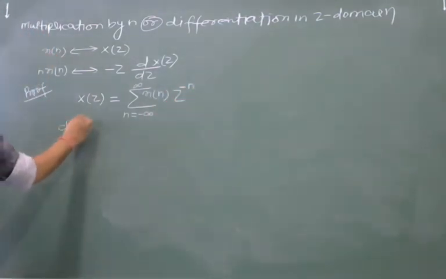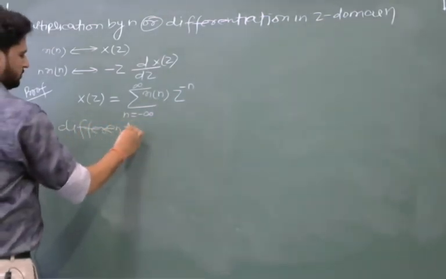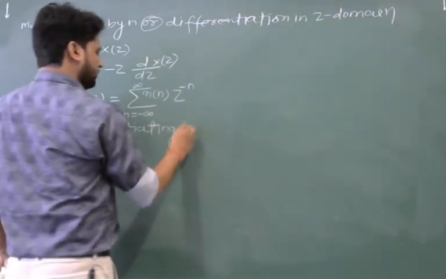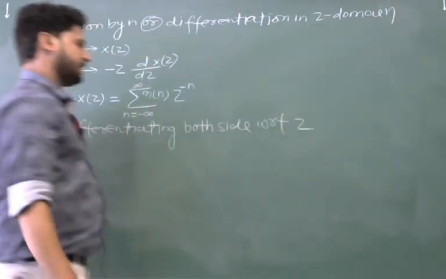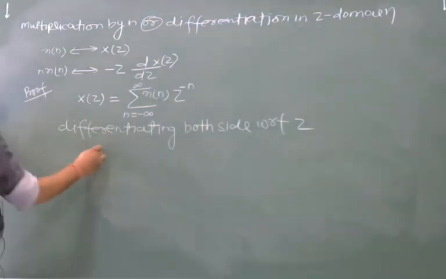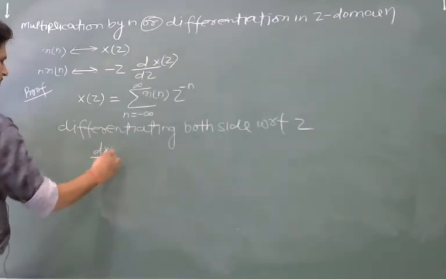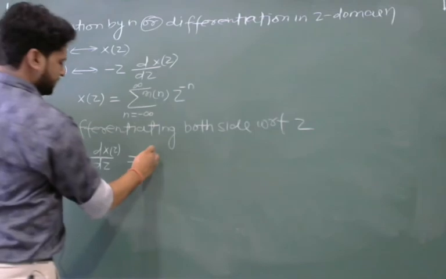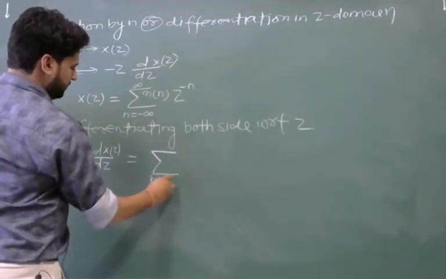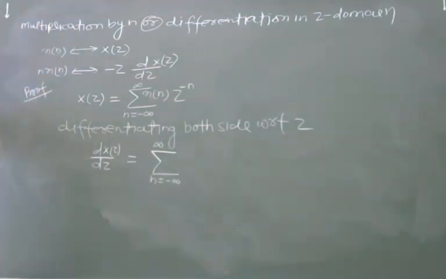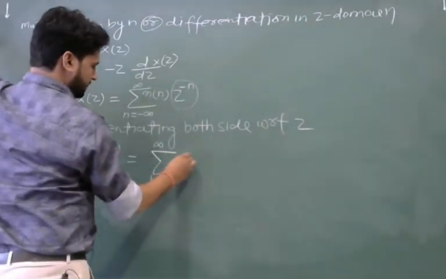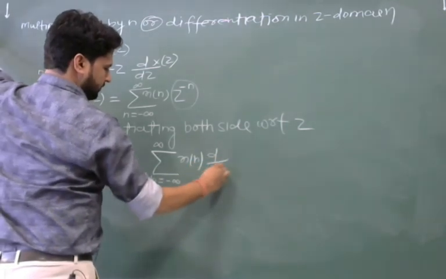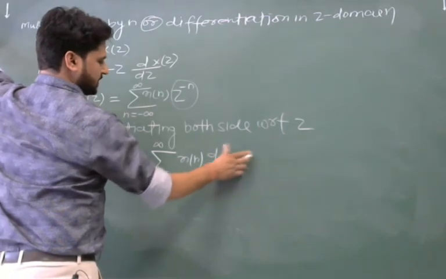Differentiating both sides with respect to z, we will get d by dz of x of z equal to sigma n from minus infinity to plus infinity. Only this term has to be differentiated, so this will become x of n d by dz of z power minus n,